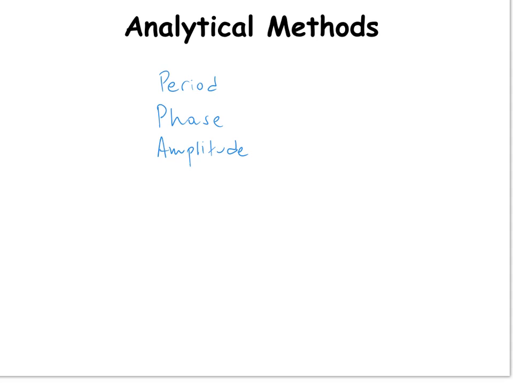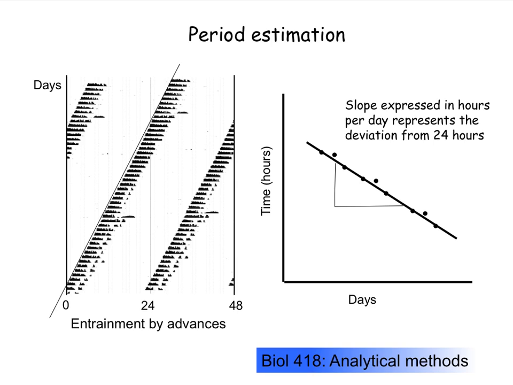So let's say that we're interested in period, and actually I already talked briefly about how to measure period, and indeed you will see these in the Johnson paper that you will be discussing this Friday. That is the first discussion section of the quarter. So if you have an actogram with a clear activity onset, and in this case this is running wheel in a hamster,